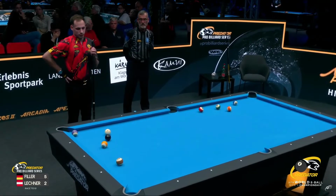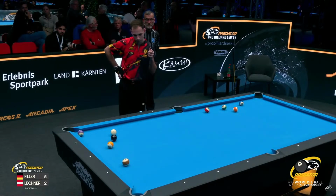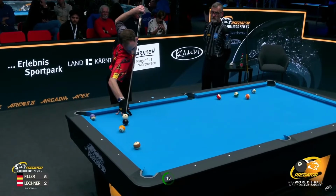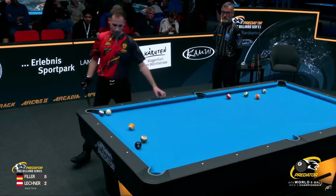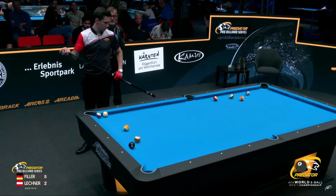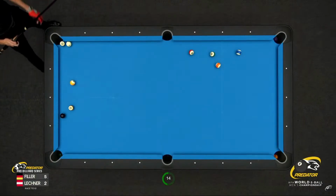Well, interesting. Does he still have his extension? Yes, he has not taken an extension, so... So what to do here? I don't know if he would go rail first, try to make the 8 into the... What does he do? Oh, gonna try to jump or just hit? Oh, I see. Play a safety with that ball. Just take it up. Would you have considered playing that ball off the 13 one rail in the side? Because I don't think he can play safe there. Yeah, he wanted to make the 12 and leave at least a tough shot, but now